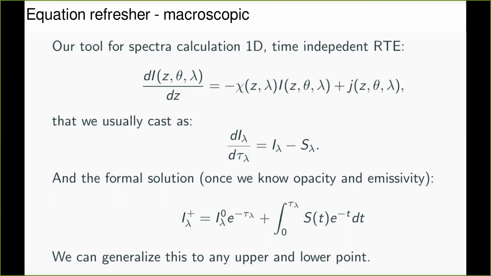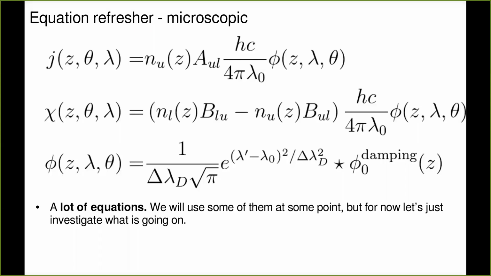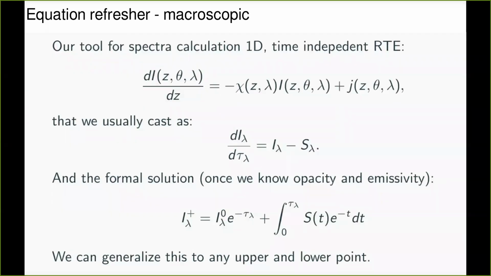But today we're also just going to use some results of that without actually doing it ourselves. So what I want to show you today is that we're going to take an example of a spectral line, calculate all these relevant quantities, and look at how they change through the atmosphere. And we're going to see what this tells us. This is space. However, this was what I like to call macrophysics.